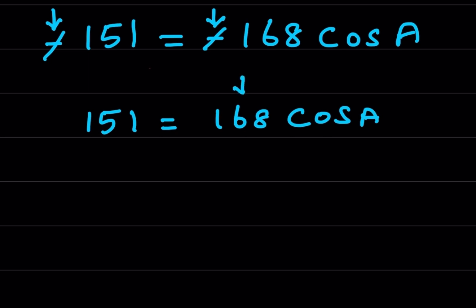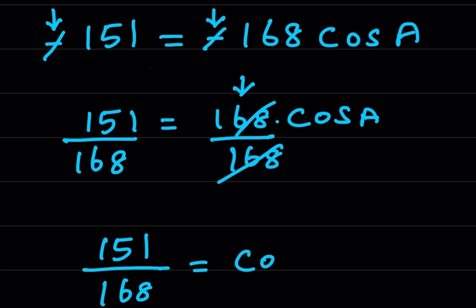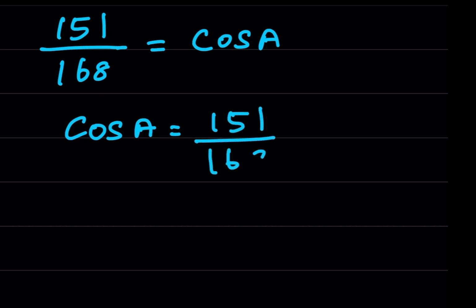I have to take out 168 now. Since these two are in multiplication, I am going to divide by 168 on both sides. Now these two get cancelled out. So 151 divided by 168 is equal to cos A. So I am going to write it as cos A is equal to 151 divided by 168. We want only angle A. So I can write it as A is equal to cos inverse of